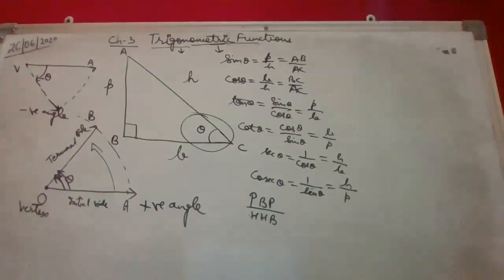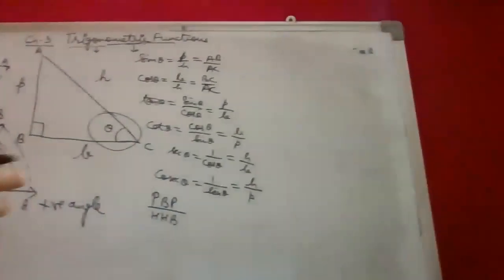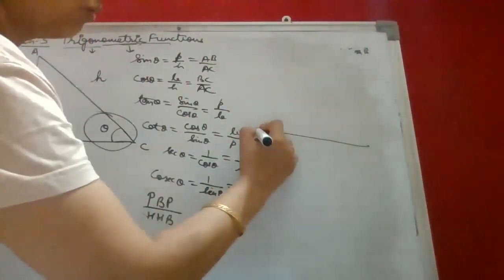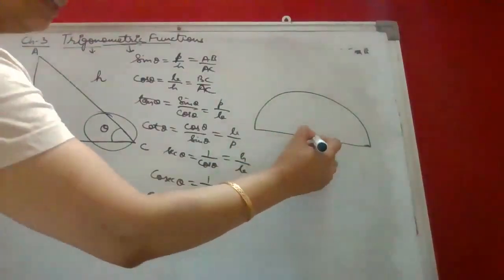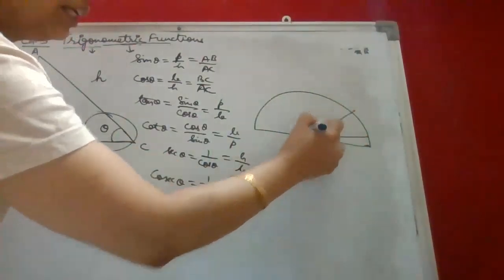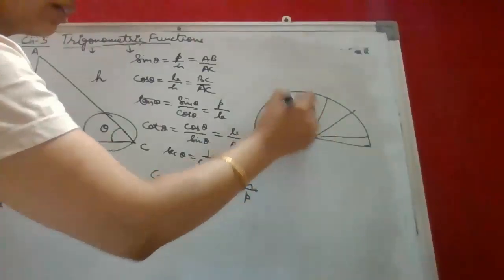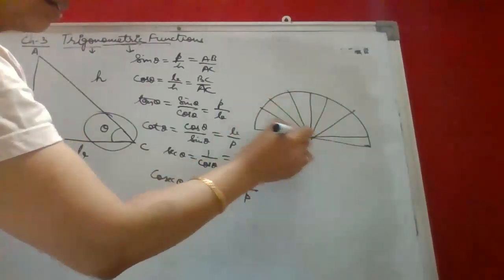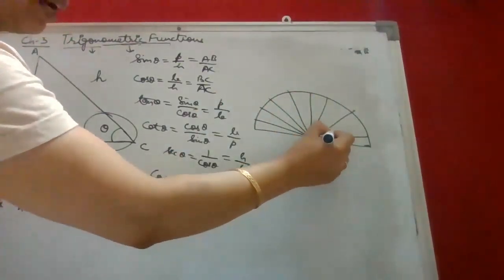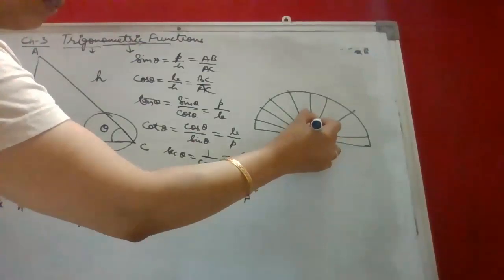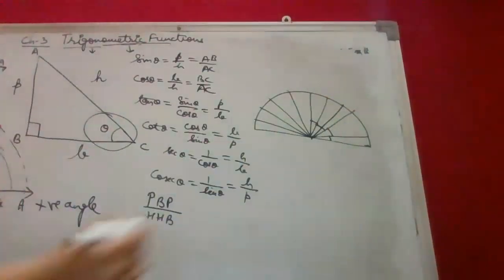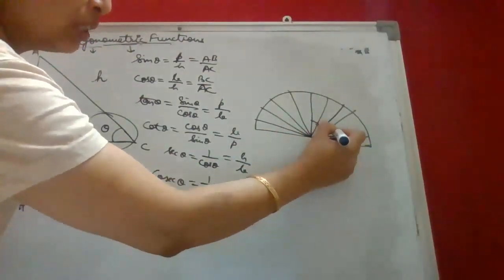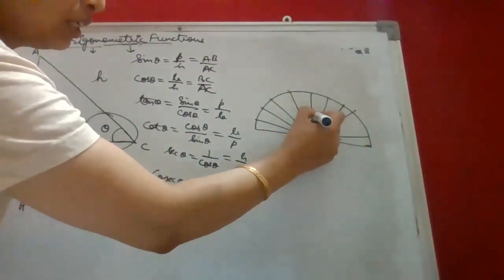कैसे? You must have seen your protractor D. D सबने देखा होगा, right? It is somewhat like this. This is 0 and the angles that we measure in a D are like this. Let us take some angles: 15 degree, 30 degree, 45 degree, 60, 90. They go like this: 15, 30, 45, 60, 90.